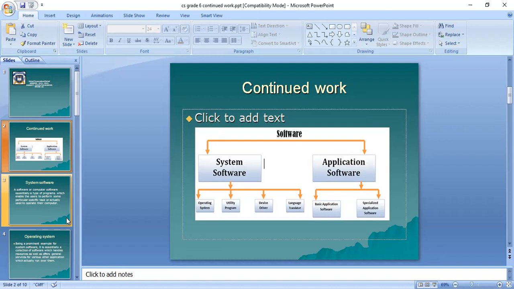The translated program is called the object program or the object code. So again the terminology comes: if the program is translated, it is called what? It is called the object program or object code. And the object program is saved permanently. Permanently means you can save it for a longer duration, for future use or for the time to come. And then there is the interpreter.